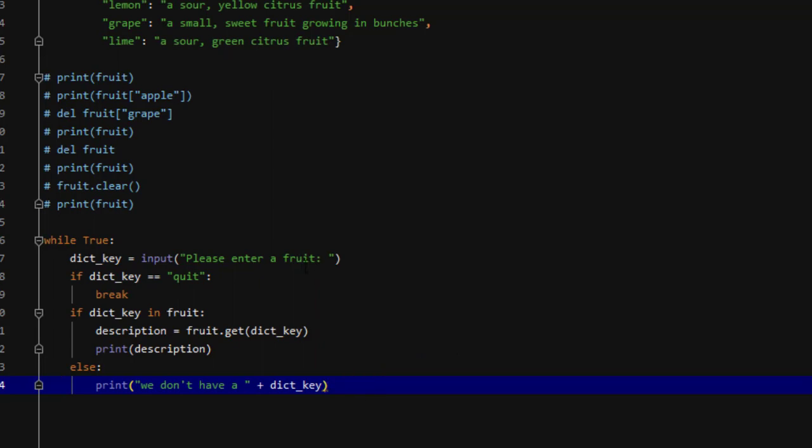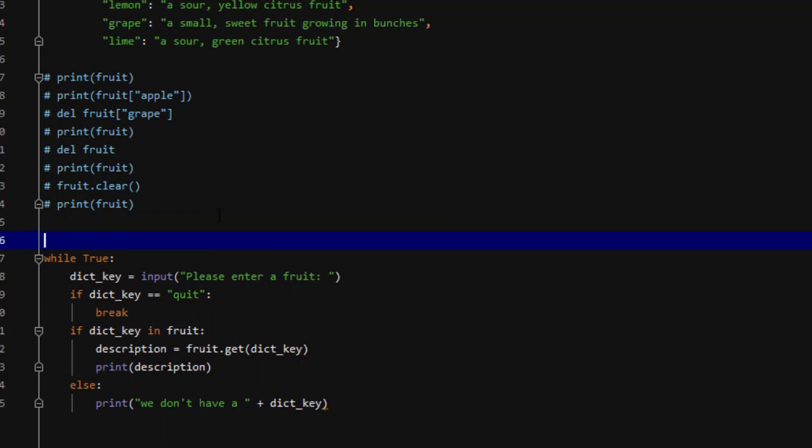Before running this, you might also want to append or update something in your fruit dictionary. So I will just show that to you. For example, I want to add a pear. First we write the dictionary name, then square bracket, and the key name, which will be pear, and then we assign its description.